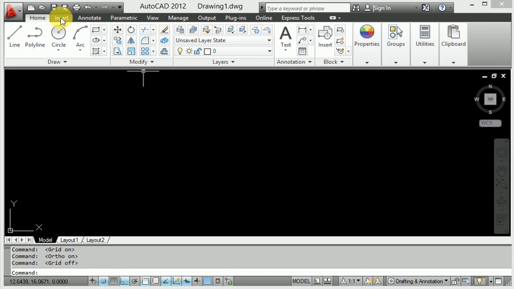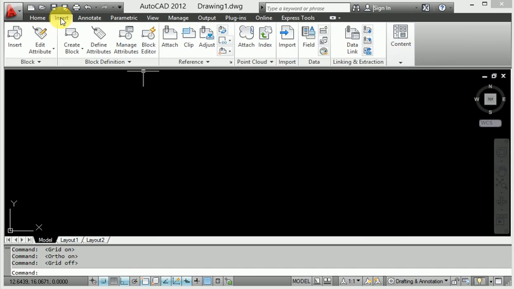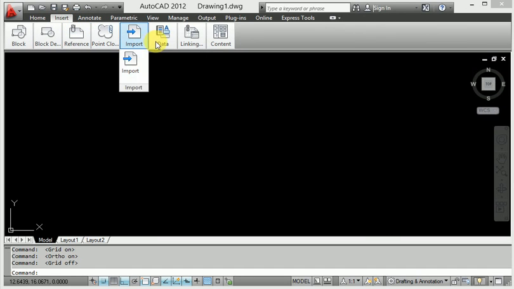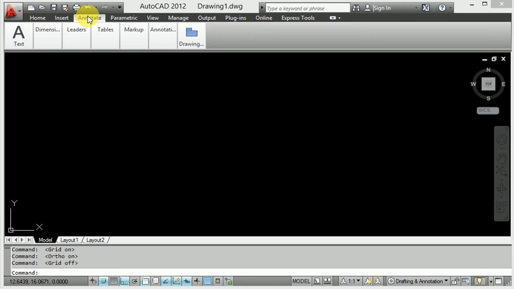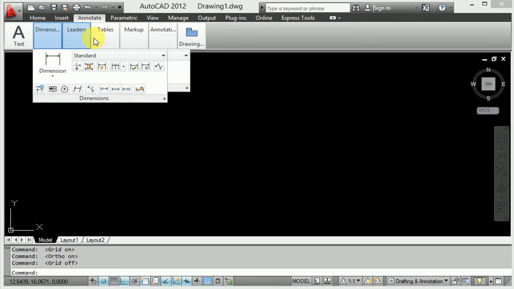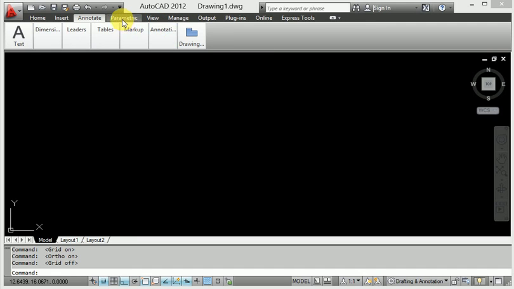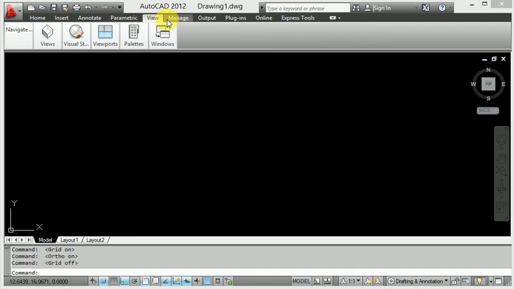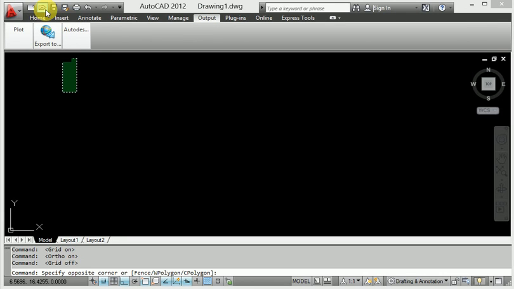This is a different tab here, the insert tab. If you want to insert any image file or PDF file, use insert here. Annotation is available, dimension, tools and everything, parametric, view, manage. This is the new page, and this is to open any file, an already developed, already saved file, so go to open.